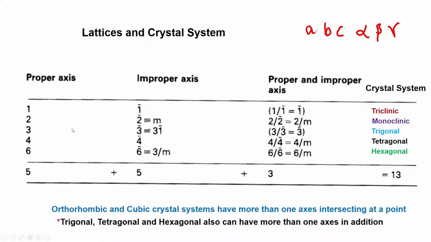I think that will become clear as we go along when we define it in terms of pictures, but what I show here in color is the crystal systems which develop by a single proper axis or improper axis or proper improper axis being present in the system. Suppose there is a crystal system into which an object goes into, and that particular crystal system has only one axis of rotation. Of course, one is 360 degrees. The 1 bar operation is the presence of the inversion center, and therefore,